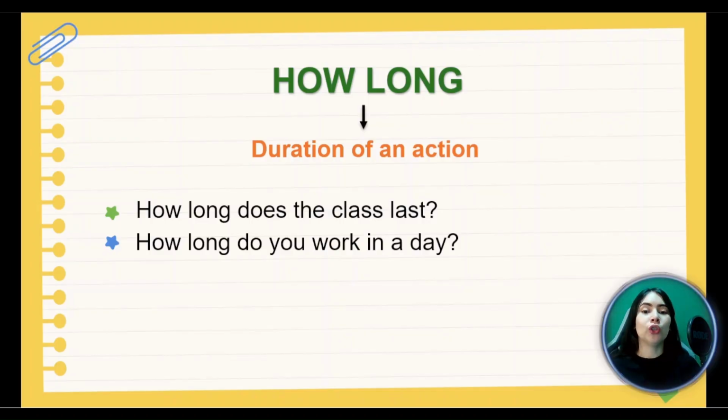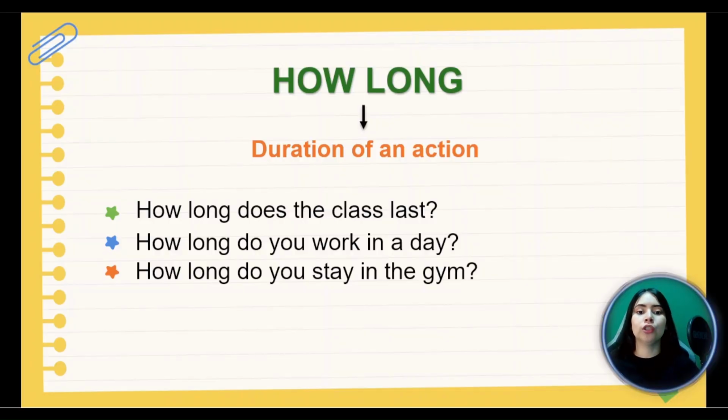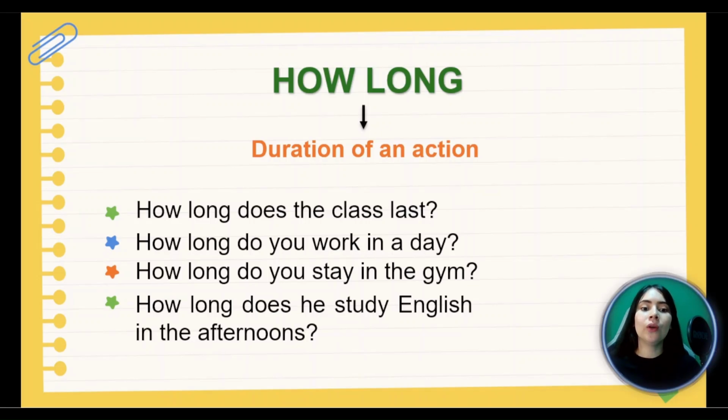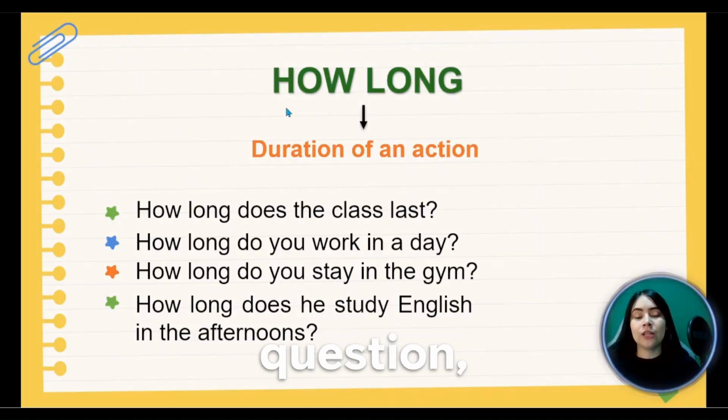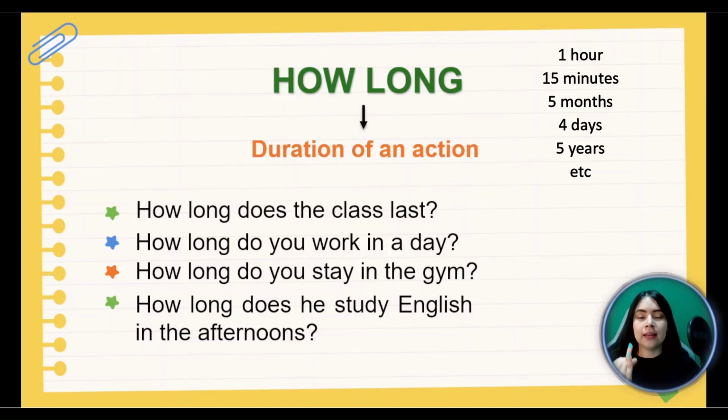How long do you work in a day? I work 8 hours, 7 hours. How long do you stay in the gym? How long does he study English in the afternoons? So when we answer this question, how long, we have different options: 1 hour, 15 minutes, 2 seconds, 2 days, 7 days, 2 years,